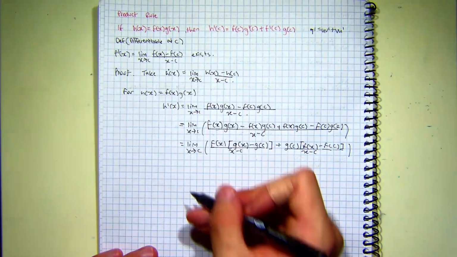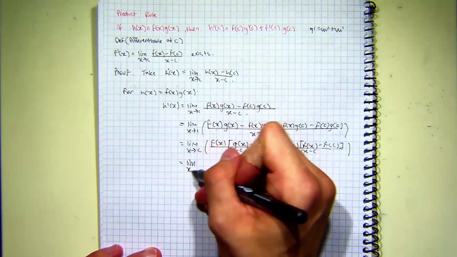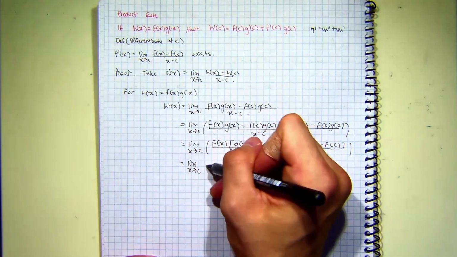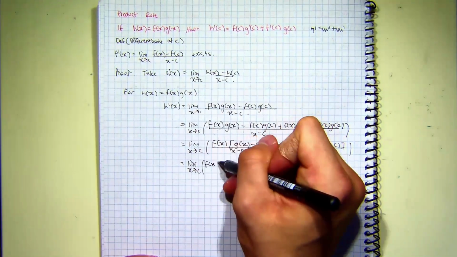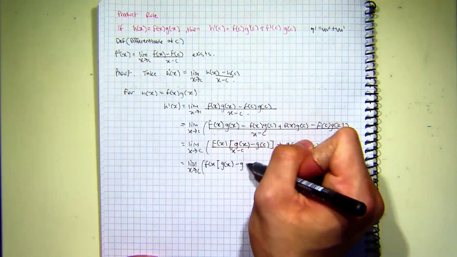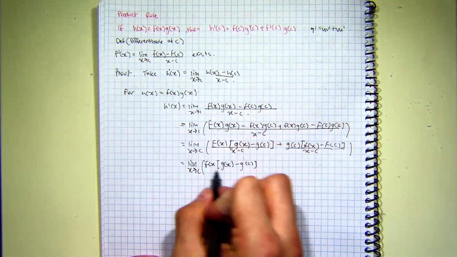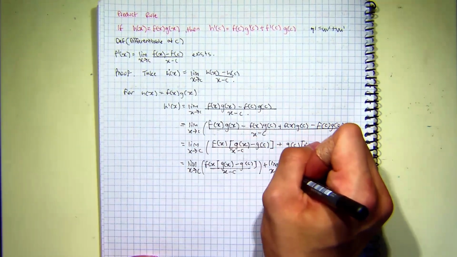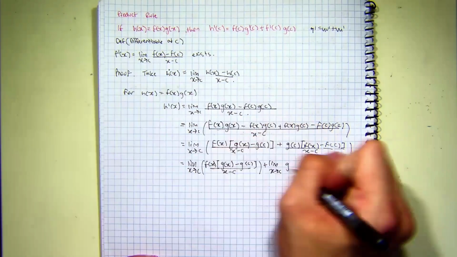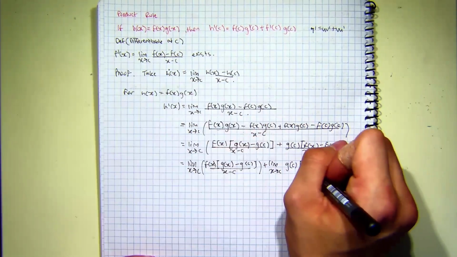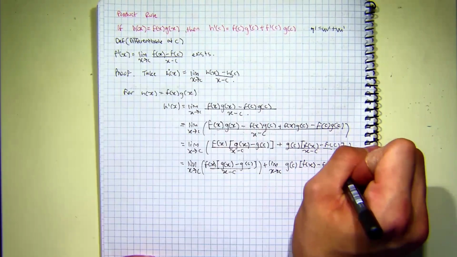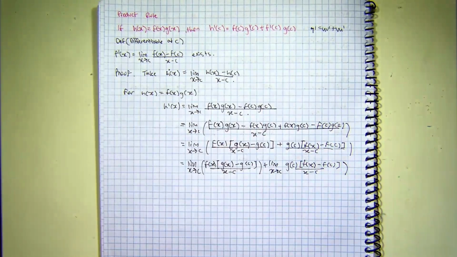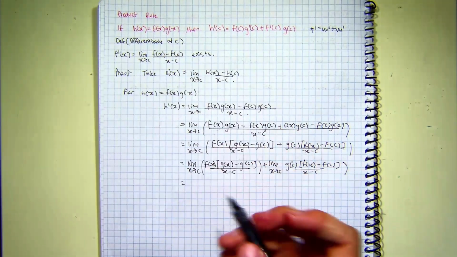Okay, great. So now, if we expand this limit here, we'll get the limit of f of x, g of x minus g of c, all in brackets, over x minus c, plus the limit as x approaches c of g of c, f of x minus f of c over x minus c, right? And now simply if we take these limits, all the x's will become c's, and this will become f of c